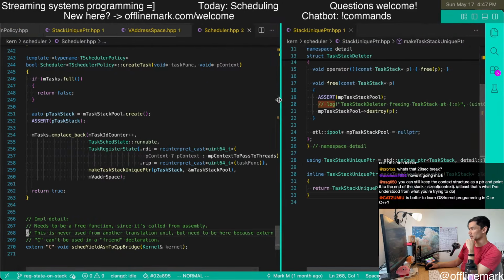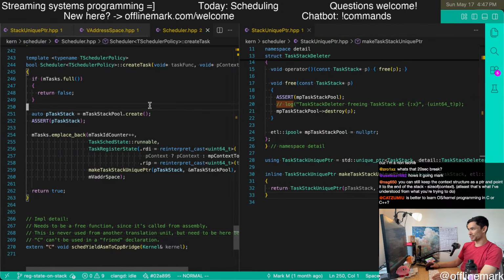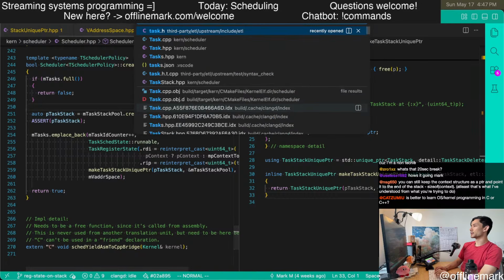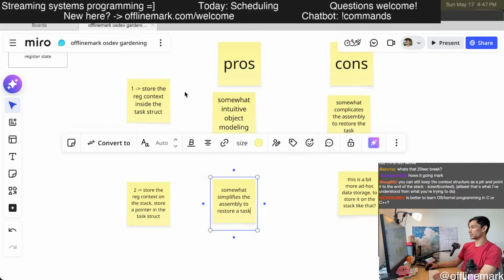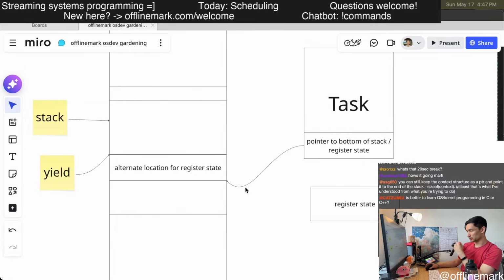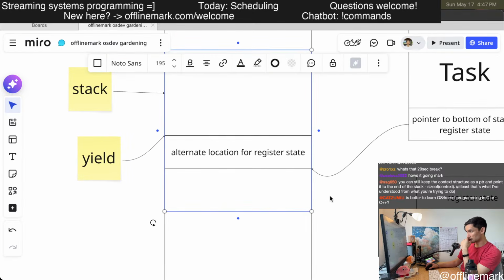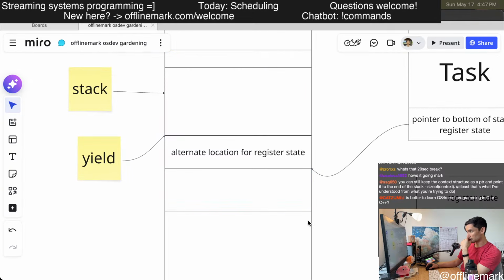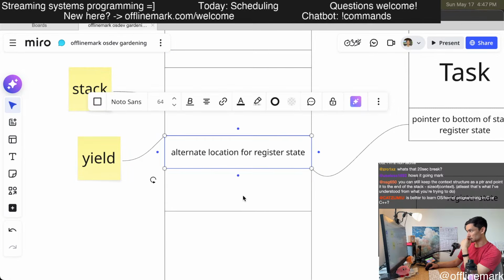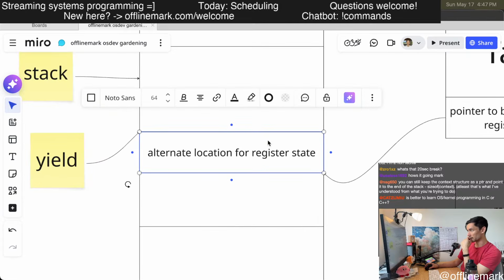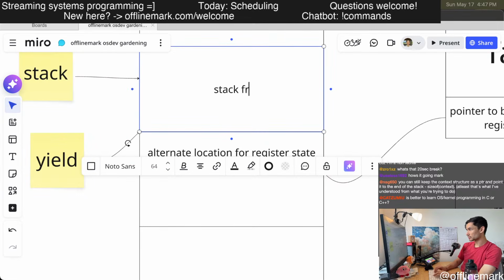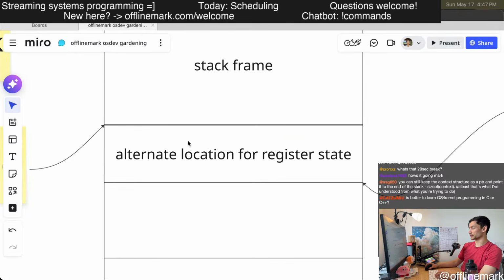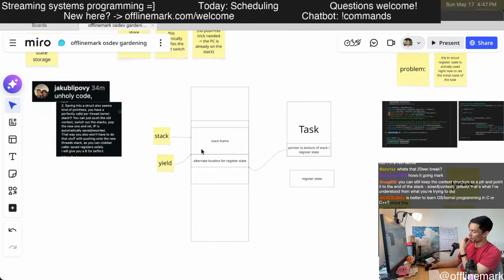I think what I need to do, tasks.hpp, right. But exactly, that's what I'm trying to do. Alternate location. So this is a stack frame, and then our register state goes here. And the tricky part is,